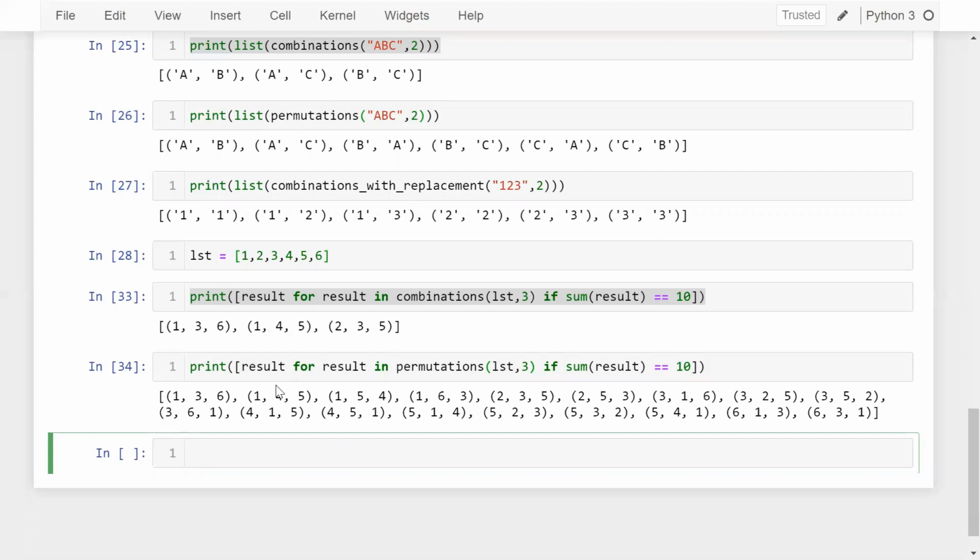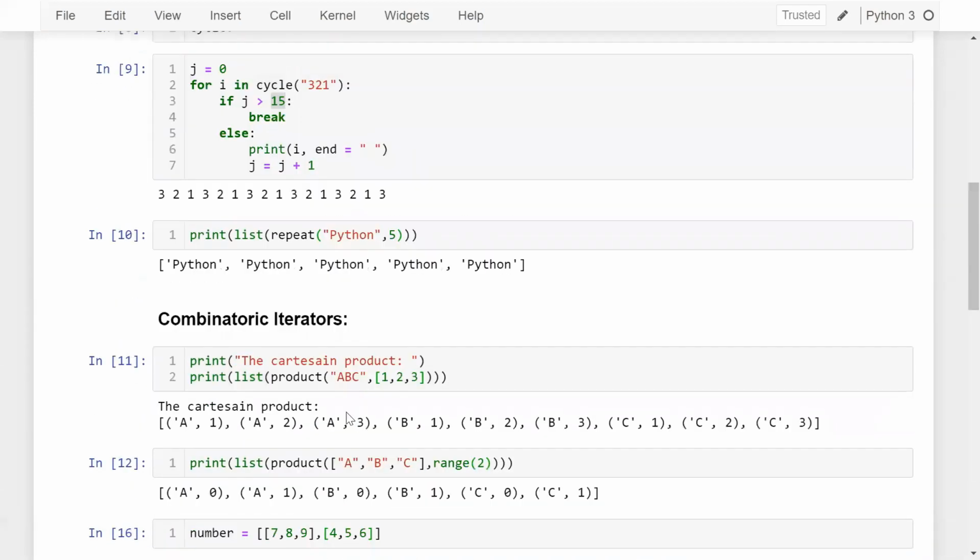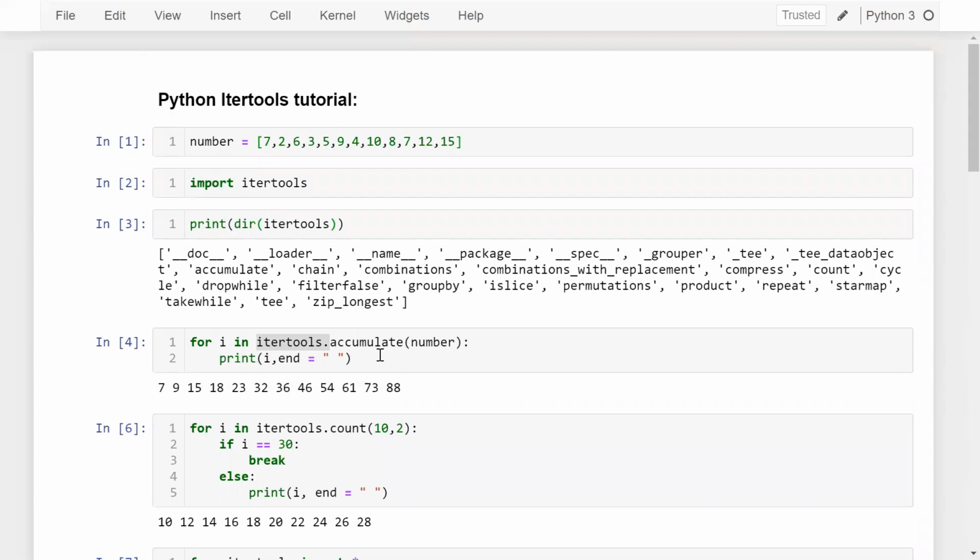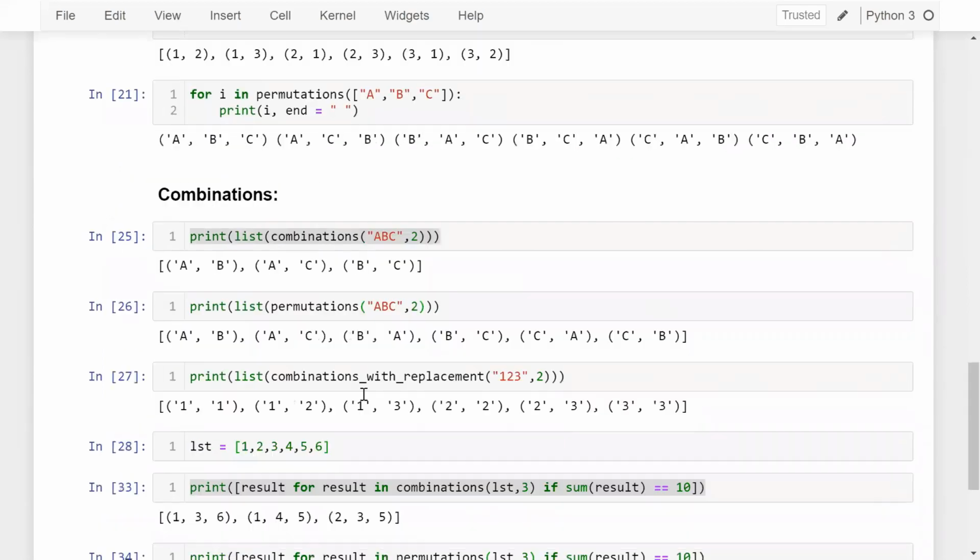So guys, I hope you understood the concept of combination and permutation in greater detail. Now let me tell you about zip_longest.